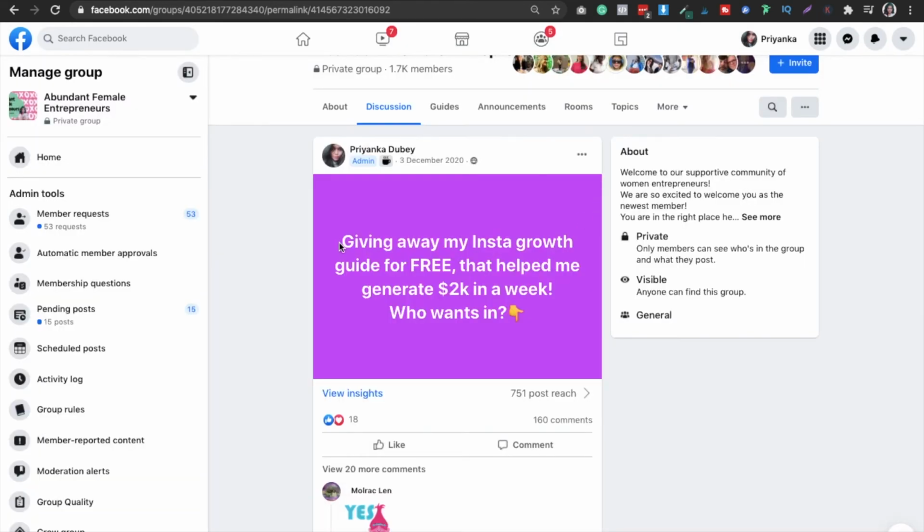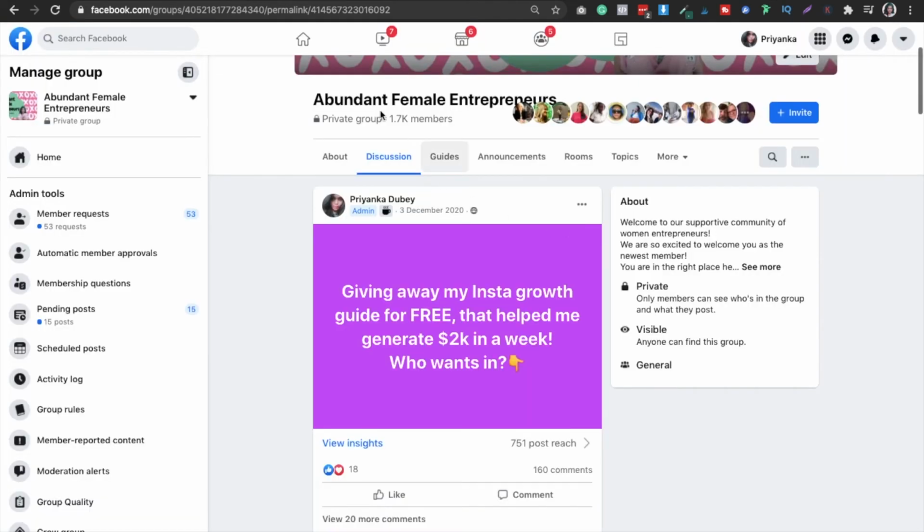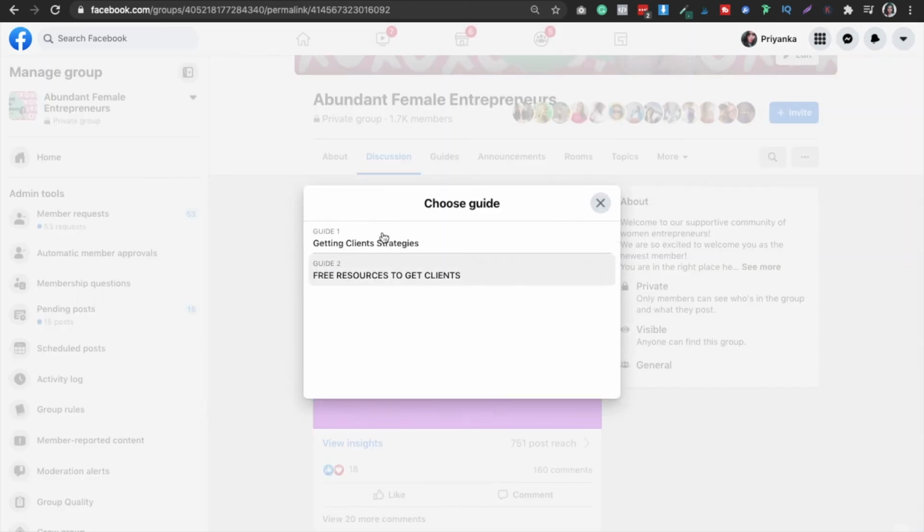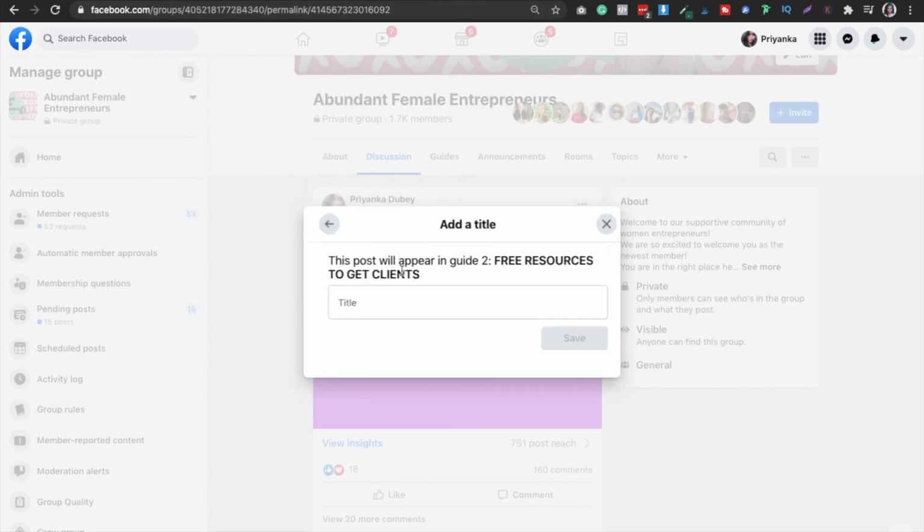And also one more thing, I would copy this. Let's suppose that I want to copy it again, refresh it, and then I will click over here, and then add post to guide. Now I can see the free resources.